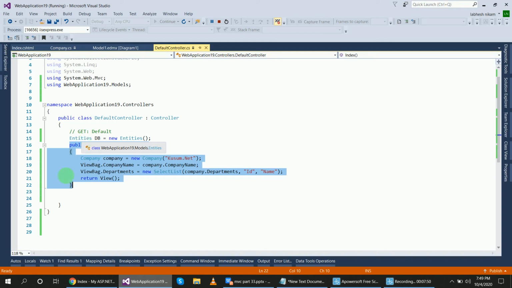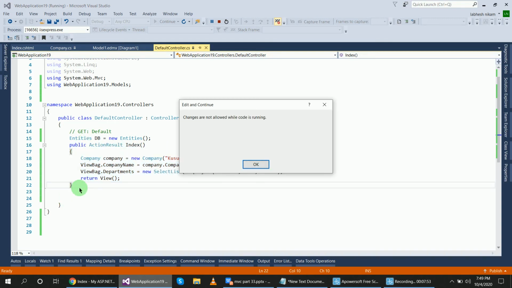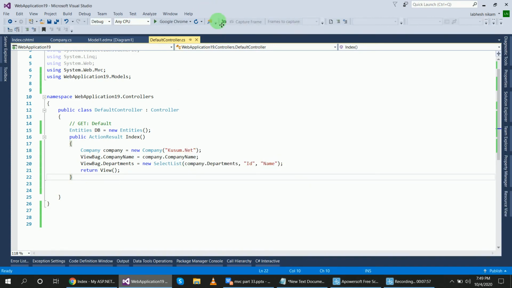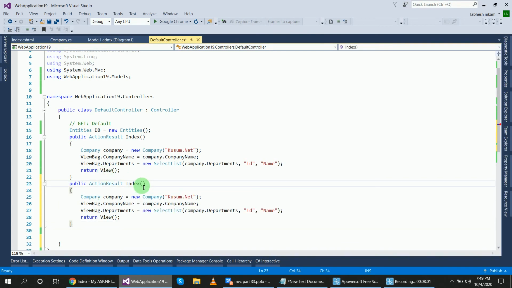Okay, so let's create another method. Give the name Index4. Okay, change the name property Index4.